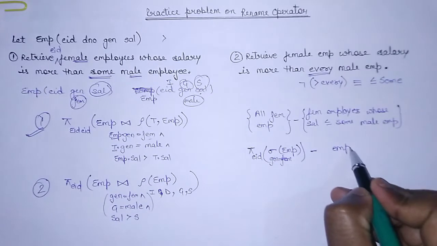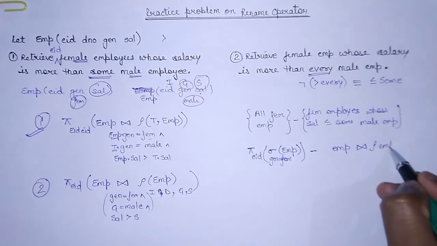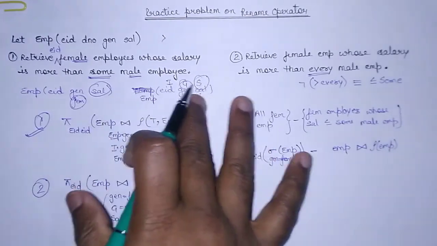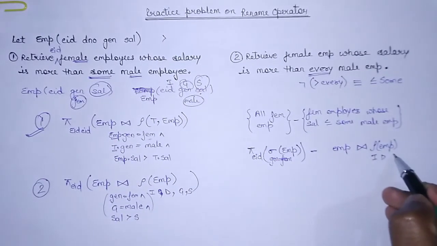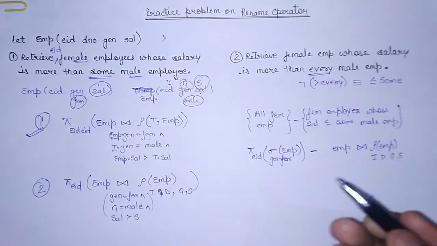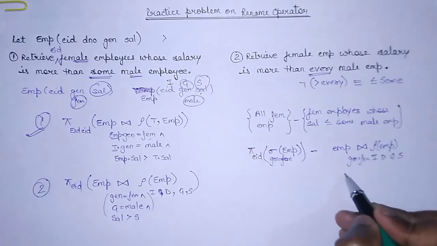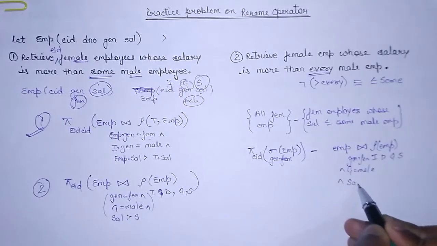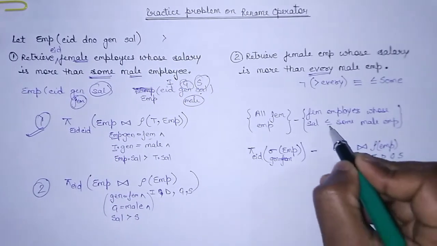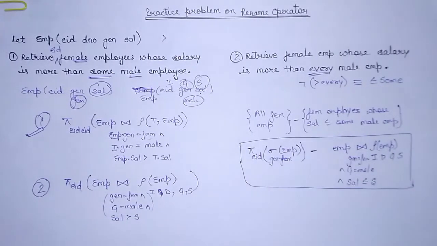So we have to relate employee with itself. I am renaming the attributes on the right hand side like this. We are having a right hand side table, so we will be renaming it as I, D, G, S. Similarly you have to write this kind of condition, like where gender has to be female and G has to be male and salary has to be less than or equal to S because of this particular condition. So this is the query for the respective statement, right? This is how you can write the query for this.